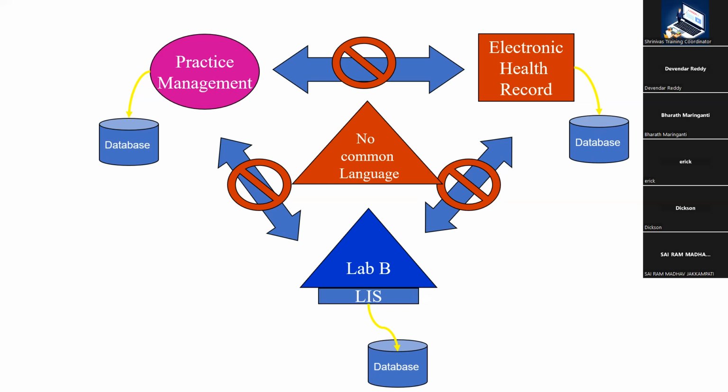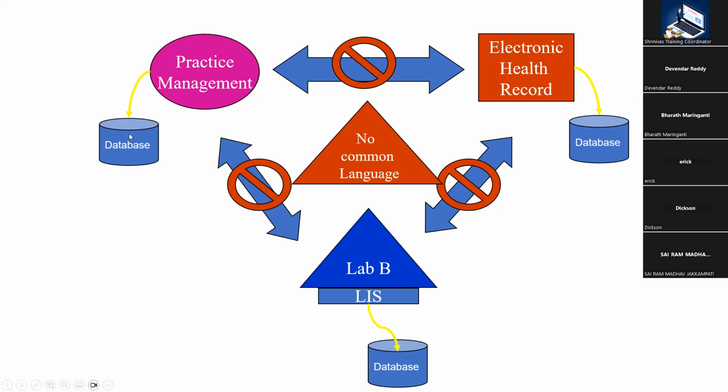So if data present in the PM system's database has to go to EHR database, as you can see here, there needs to be an engineer who can understand both the databases' architecture. If they understand one of them, they have to research on the other one so that they can ensure that they are extracting data from this DB and sending the data to this EHR database. So they should thoroughly be aware of the other database design and architecture as well, which is a very time consuming process, right? So if there should be one interface between PM to EHR, it will take a lot of time for the engineer to implement that interface,